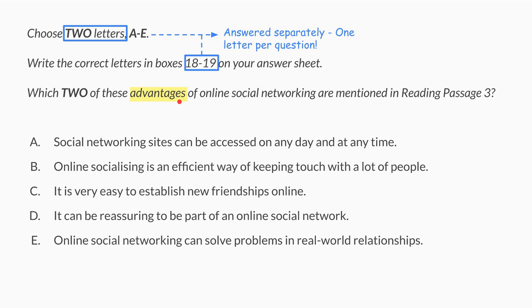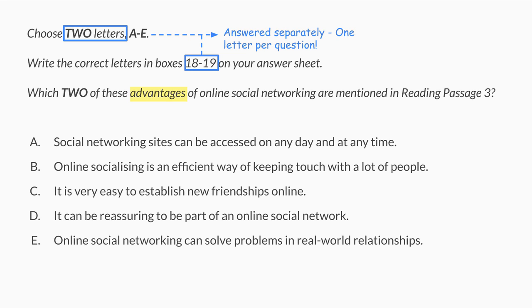Next, you are going to mark the keywords from the question. Mark the keyword that is asking you for the specific information. In this case, we are looking specifically for advantages. This is the keyword that I'm going to be looking for in my reading passage when I'm answering the easy questions first. I'm going to be looking for any language that talks about some sort of a benefit or some